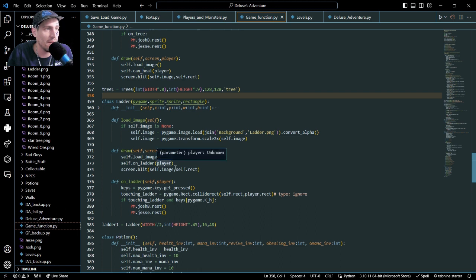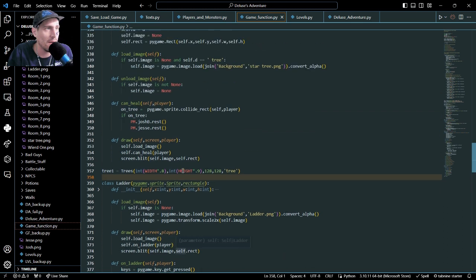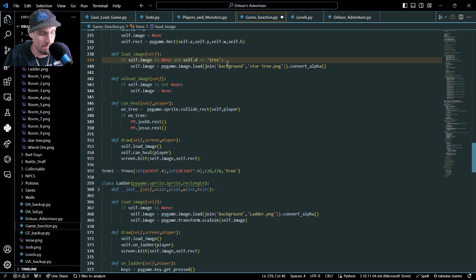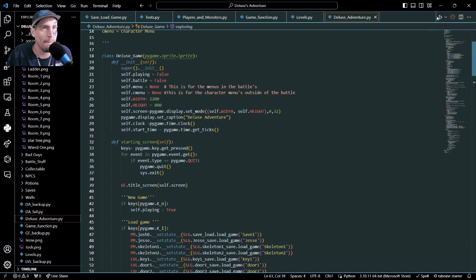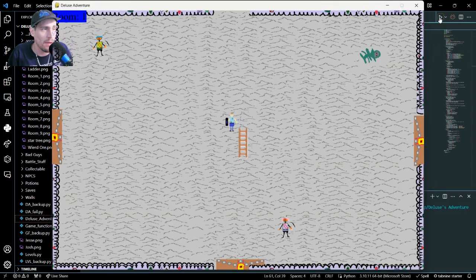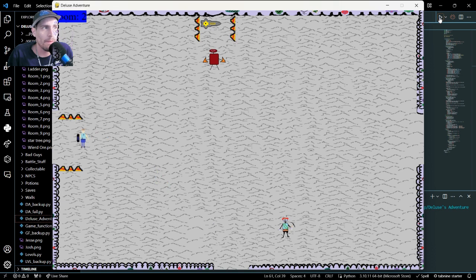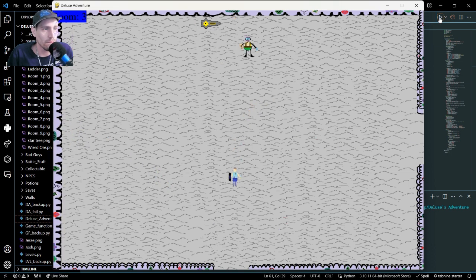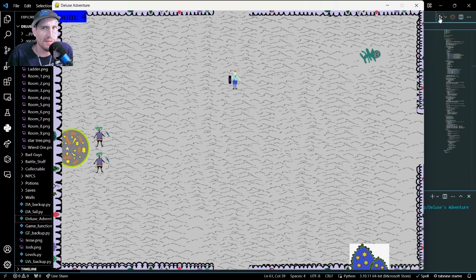How did we do it here? Load image. I wonder if that mattered. Image is none. Load image. Huh. One more time. Maybe that space actually mattered. And if not, then, well, wow, that space did matter. Okay, there is our tree. I'm not really sure why it still has the background, but